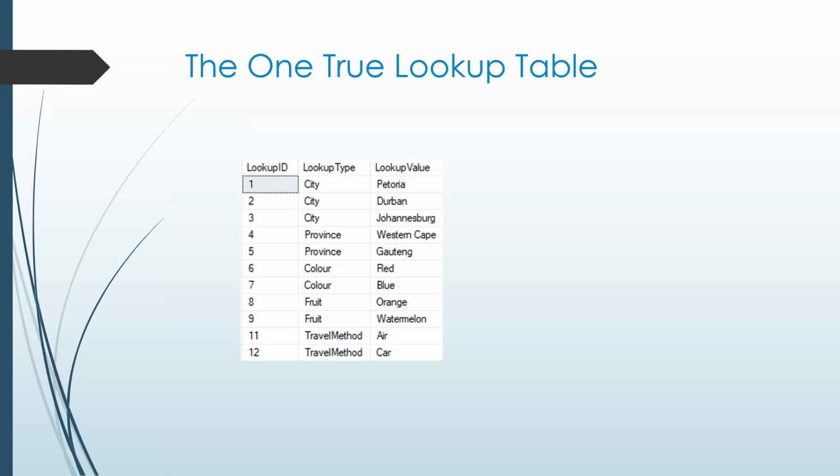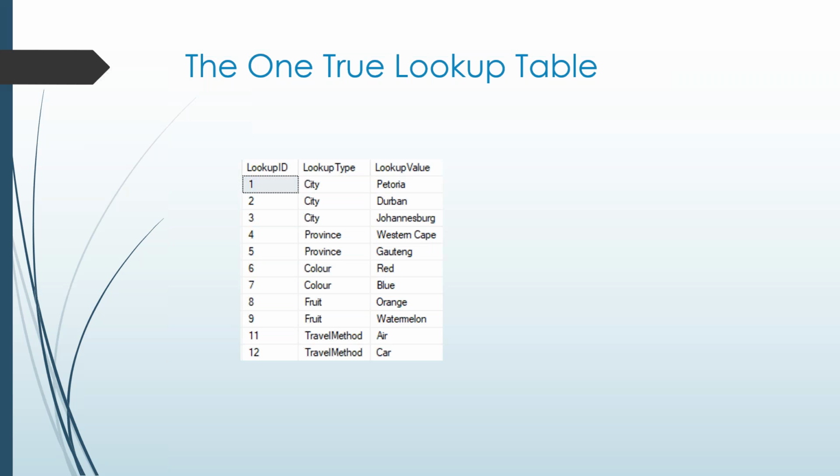This is a lesser version of the I don't feel like doing my design properly. I've seen this referred to as the one true lookup table. I've also seen it referred to as MUCK, M-U-C-K, and I can't remember what that stood for, but it was just such a lovely acronym because this is a whole pile of mess. The idea here is that we want lookup tables because lookup tables are good, but we don't want to design 50 odd tables into our database because, oh, I don't know, I'm sure Azure charges per table, doesn't it? No, it actually doesn't, but